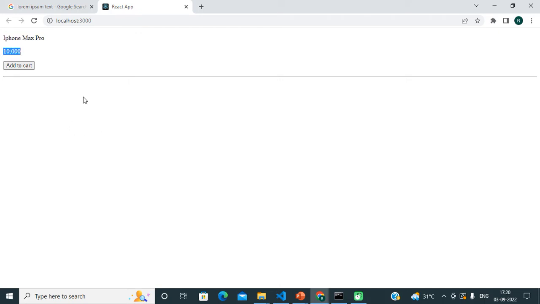Now after some time, if we get a requirement like, after clicking on this button, we should get a message here that your cart has one item, your cart has two items, your cart has three items, like that. Every time I click this button, my cart items should be updated.